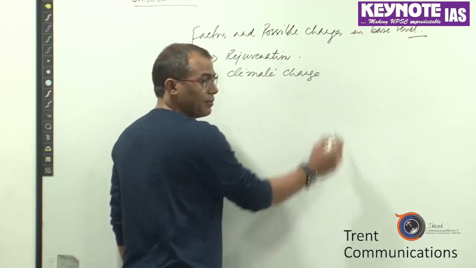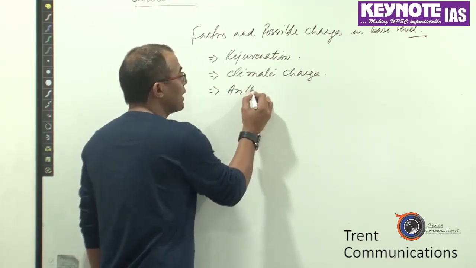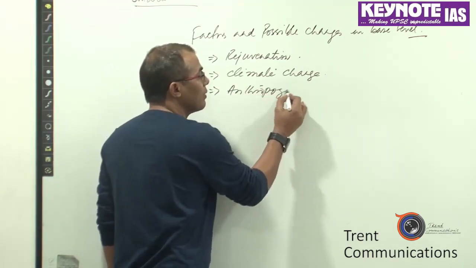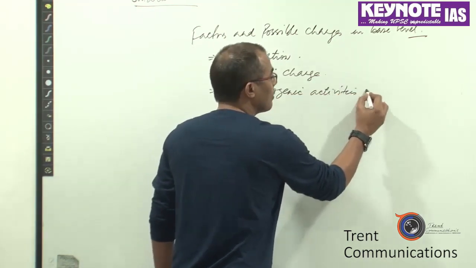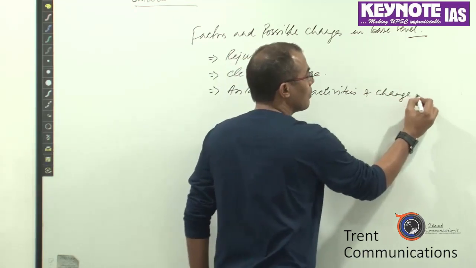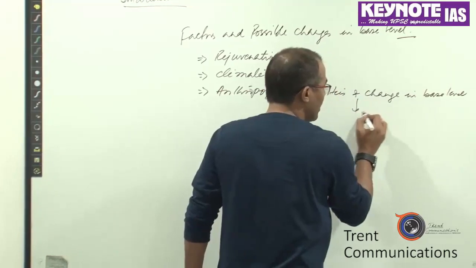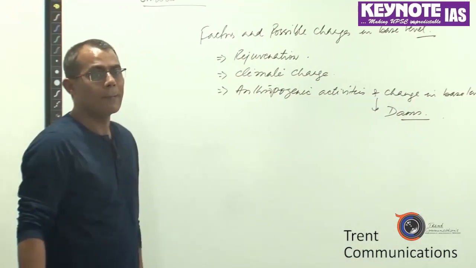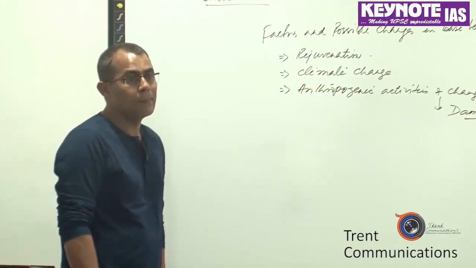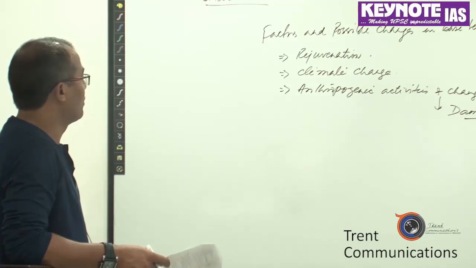Just write in brief. Talk about anthropogenic activities and change in base level. This will be especially associated with dams, dredging, desiltation process,